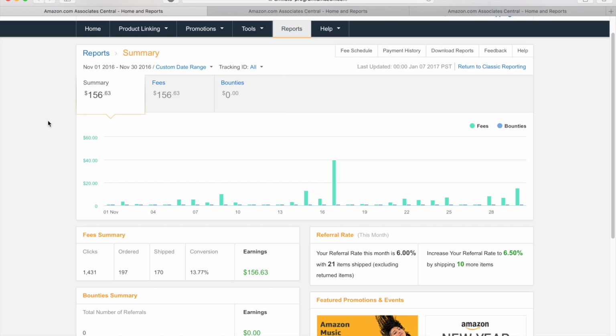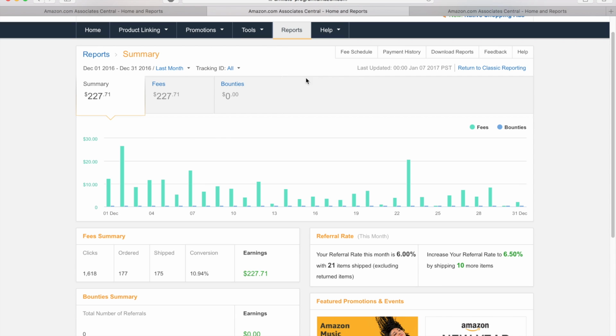I'll start this out doing a recap of November's earnings. This is November 1st through November 30th, 2016. Made $156.63. That was in large part thanks to this day right here, which is November 17th, made $40.04, which really saved that month. November was kind of a slow month for us. Usually 150 is about the average that I've come to expect, having been on Amazon Associates since March. It's kind of fluctuated each month, but that's a good average. The good news is, as I mentioned earlier, December,